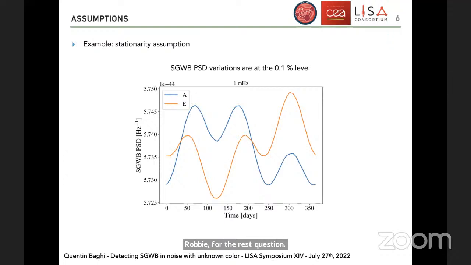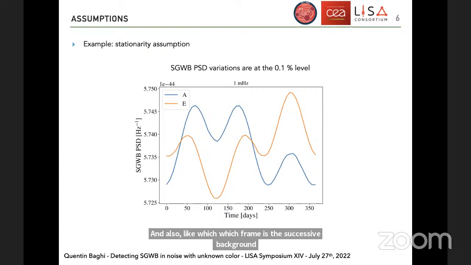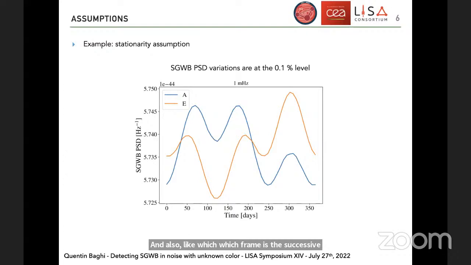Great talk. I was wondering if you did any comparisons with a dumber noise model, like a 2-parameter fit. And also, which frame is the stochastic background isotropic in? Is it aligned with the CMB frame?